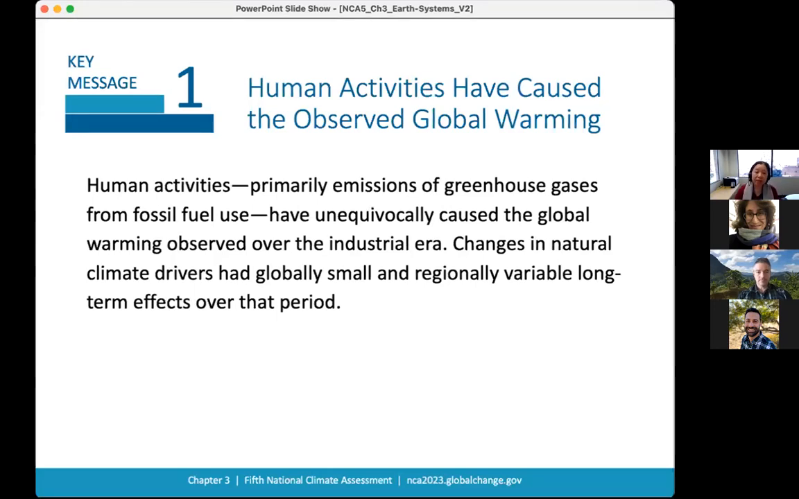So in the first key message, we emphasize that human activities, primarily emissions of greenhouse gases from fossil fuel use, such as carbon dioxide, have unequivocally caused the global warming observed over the industrial era. Changes in natural climate drivers had globally small and regionally variable long-term effects over that period. So let's take a look at a figure that tells us a little bit more how we arrive at this